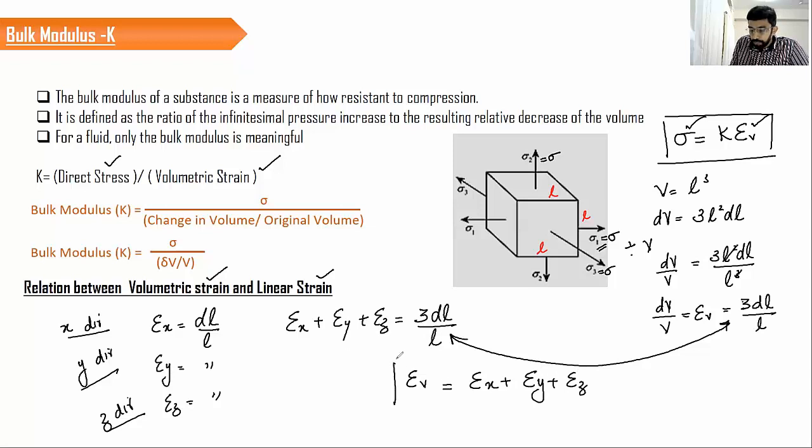It's a very simple thing. That means for a system of loads, if you are asked to calculate the volumetric strain, you simply calculate the values of epsilon x, epsilon y, and epsilon z. That is the strain in the x direction, y direction, and z direction. You add these together, which will give you the value of volumetric strain. And using this relation, you can calculate the change in volume also, dV by V. You cross multiply with the volume, and you will get the value of change in volume.